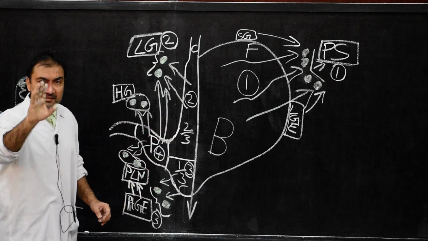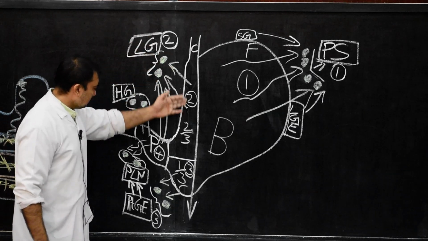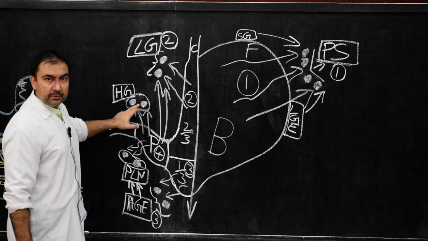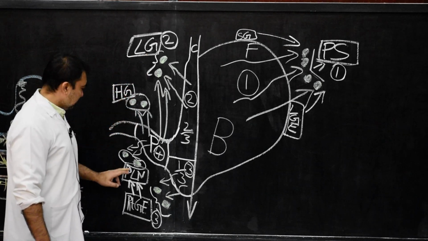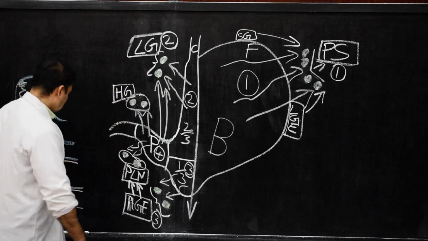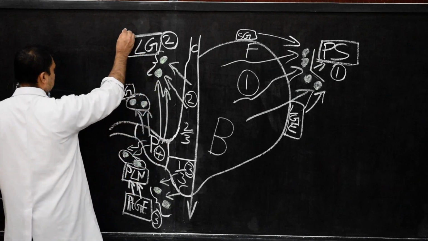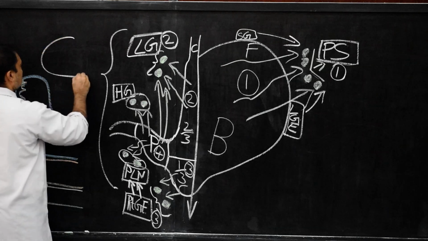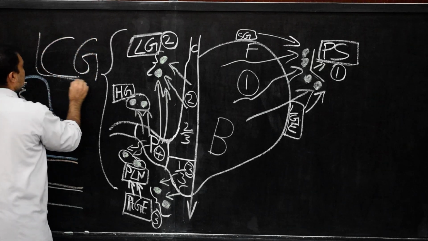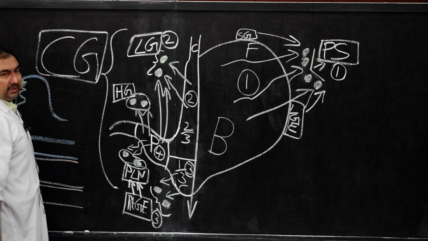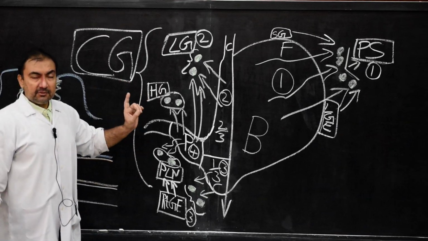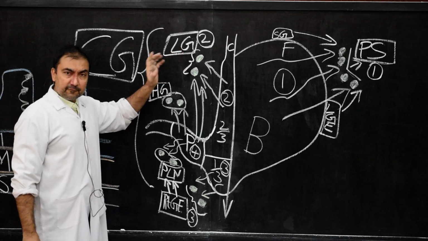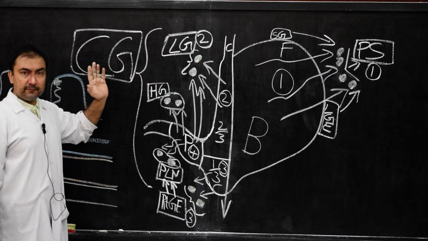Now, last sentence will be this entire group of lymph nodes, hepatic group, left gastric, and pyloric. All this group of lymph nodes will finally drain into celiac group of lymph nodes. Please note down. So the pyloric group of lymph nodes, hepatic group of lymph nodes, and left gastric finally will drain into celiac group of lymph nodes.